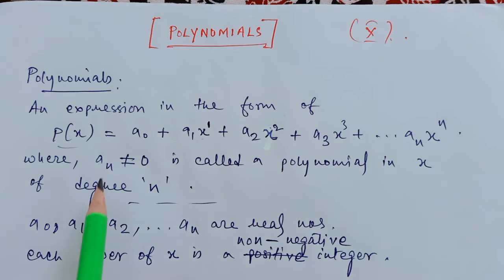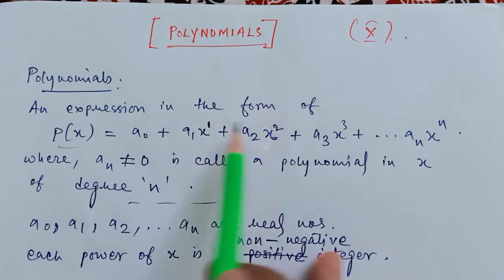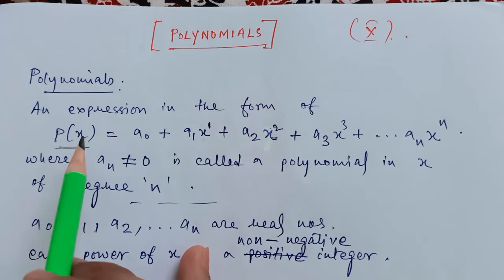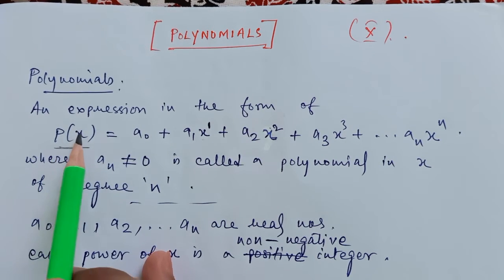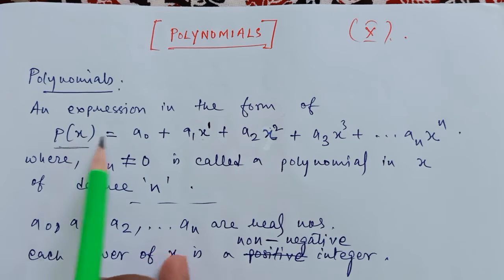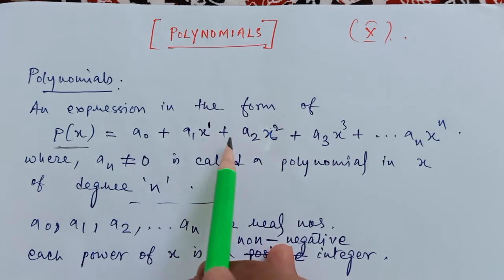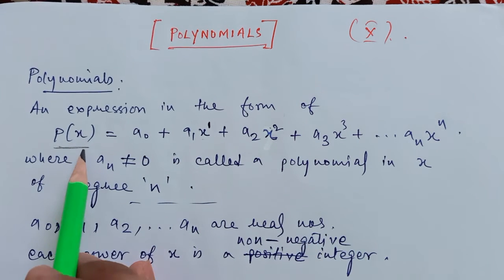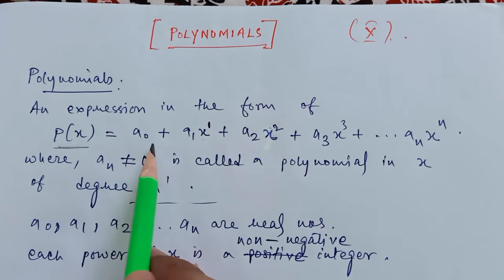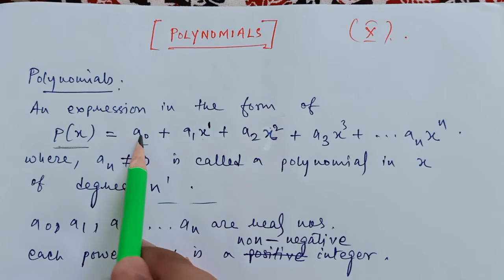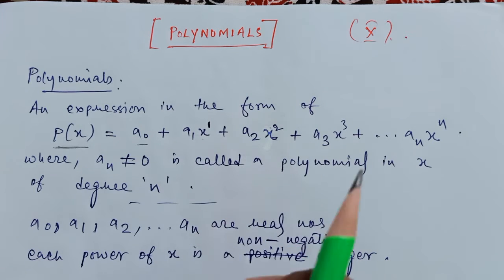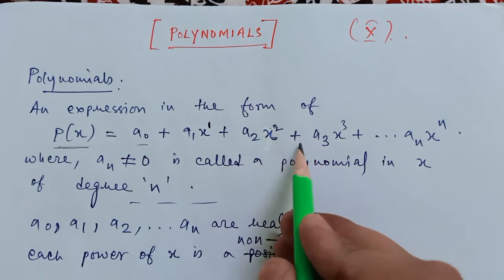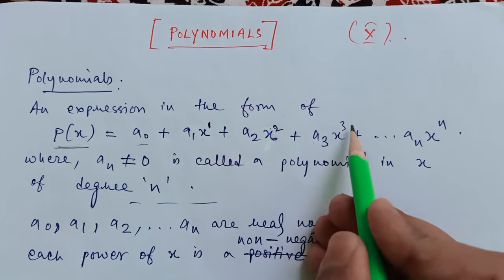So a polynomial is basically an expression in this form. This is the way of writing a polynomial. You write a letter and in the bracket you write the variable, right? So here x is the variable. So this is basically a polynomial in one variable because we are writing only x. So p(x) is in the form a0 plus a1 x to the power 1 plus a2 x square plus a3 x cube plus,